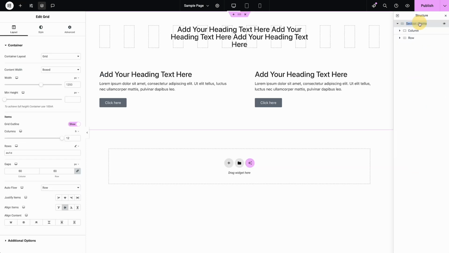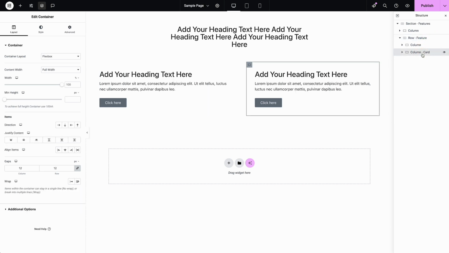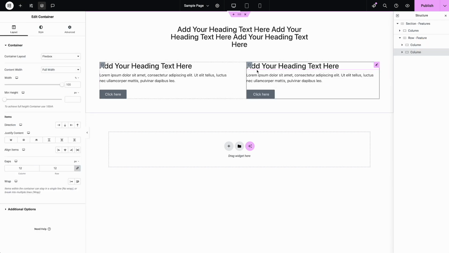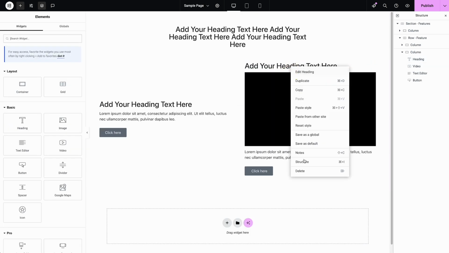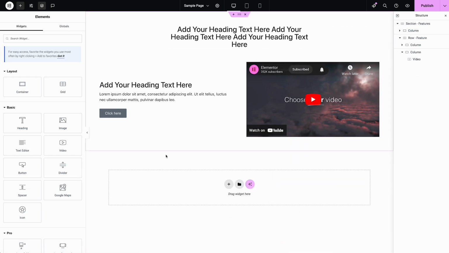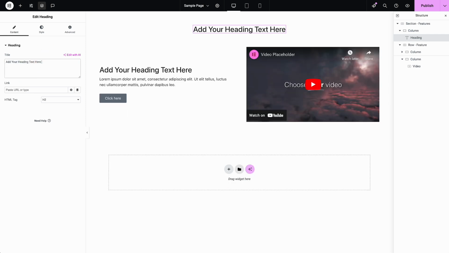I'm going to name my section. This is a features section, right? So maybe this is a row explaining a feature, and I actually don't need the card design, so I'm going to delete that, and I'm going to duplicate this. And this one over here actually is going to be a video. And so I pop a video in there like this, and I throw out what I don't need. And I have already laid out this section quickly. Oh, that's not the headline I want. I type in or paste in whatever my heading is,